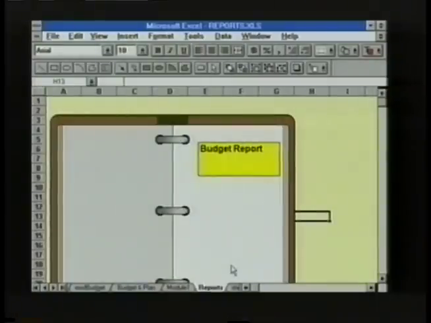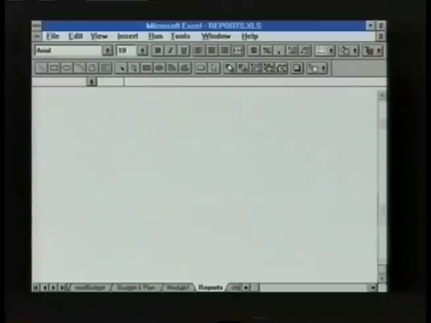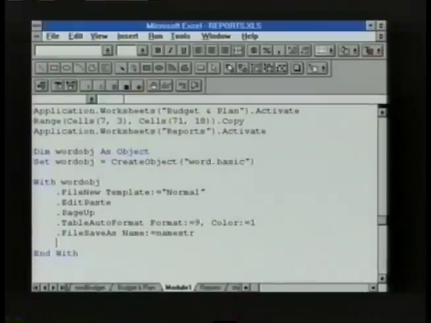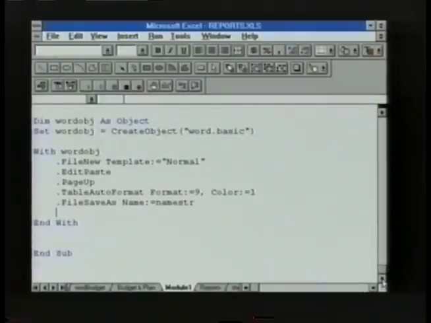Now, I still have some other things I need to do here. Let's go ahead and switch back to our module. What I want to do is route that out to some other people on the network. And I can do that using some of the built-in workgroup features inside of Microsoft Word. I'll type in File, Routing Slip,